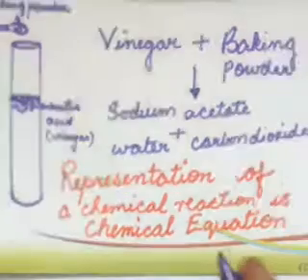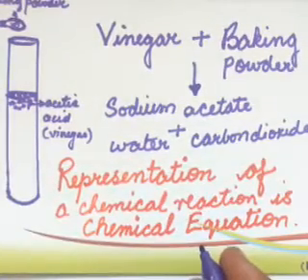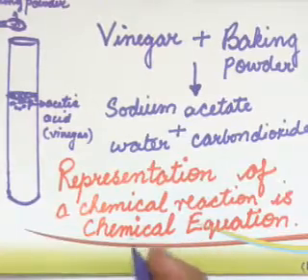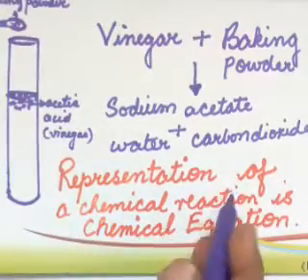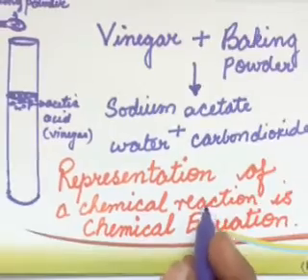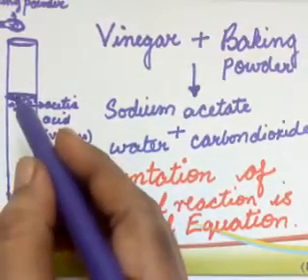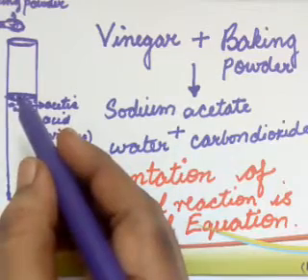Let us learn about balancing a chemical equation. What is a chemical equation? A chemical equation is nothing but a representation of a chemical reaction. We all know that a chemical reaction takes place when two different substances react and form a